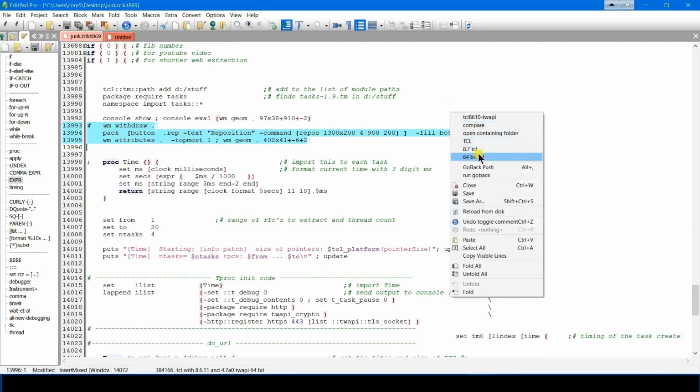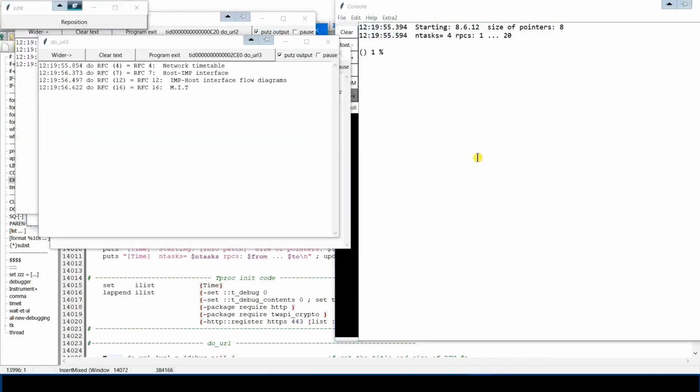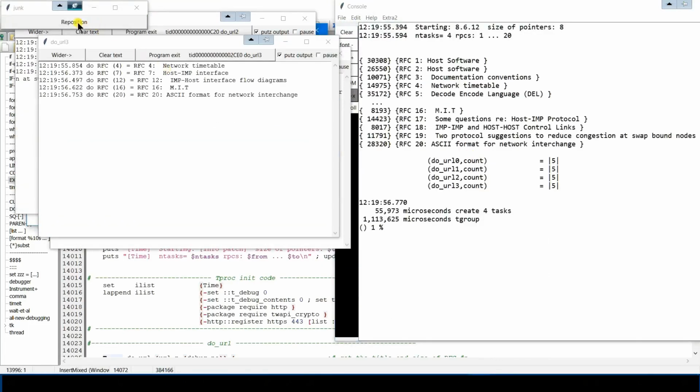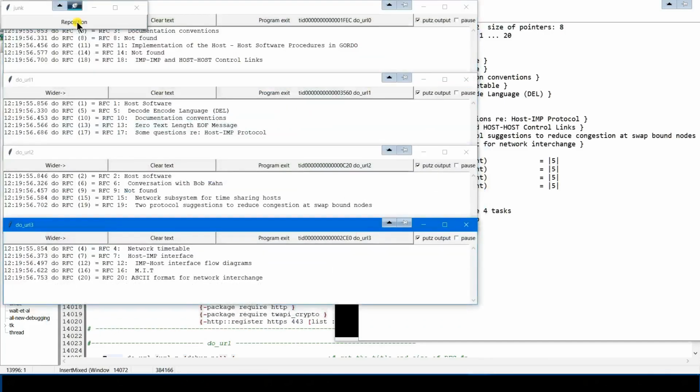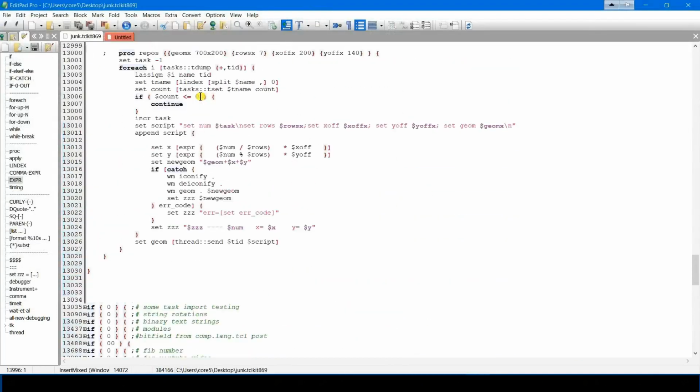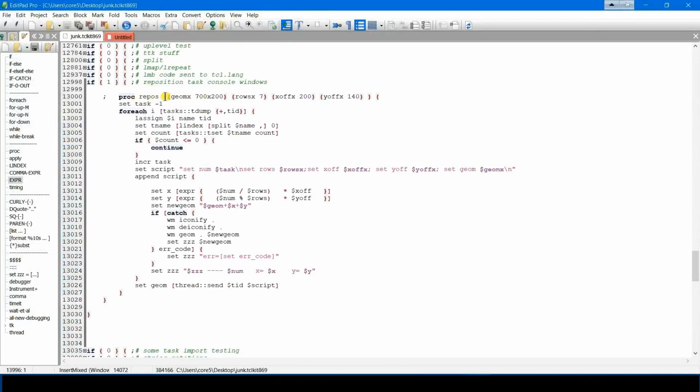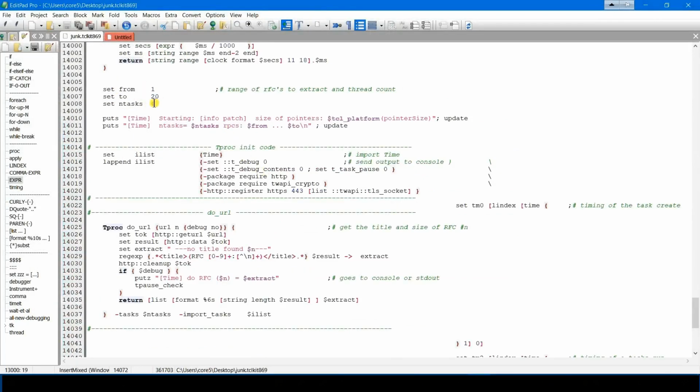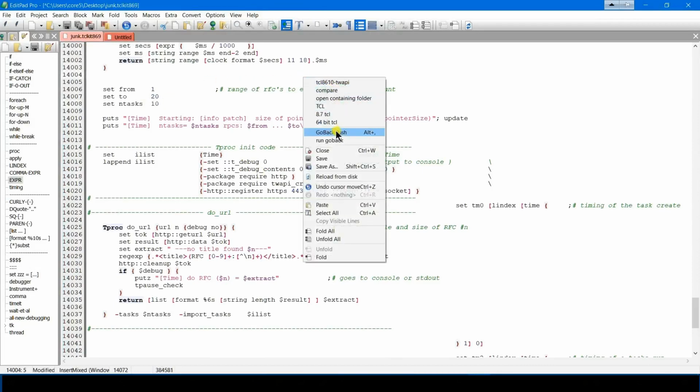And so when we run the program this time, we're going to get a button over here, and this button is going to call a procedure that kind of straightens out the windows a little bit for us. Here's the routine. So if we go back and say we do 10 of these and we run it again,